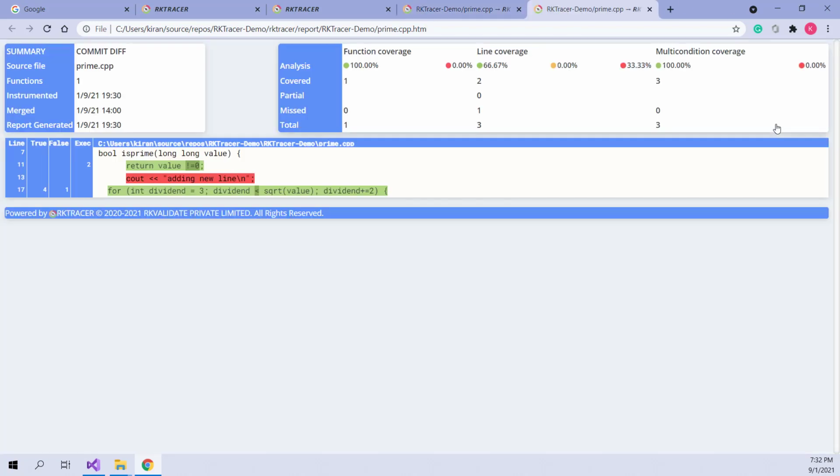Just go ahead and click on this commit diff, and here you can see there are 3 lines, out of which 1 has been missed, 2 have been covered, and this is the function, and you can see that multi-condition, everything has been listed. Here also if you hover over this, you can see the previous code that was modified. So this is how we can make use of the ArcHead code coverage tool and generate a code coverage report, which is very easy to do. And we can also generate delta code coverage and code coverage only for new lines of code.